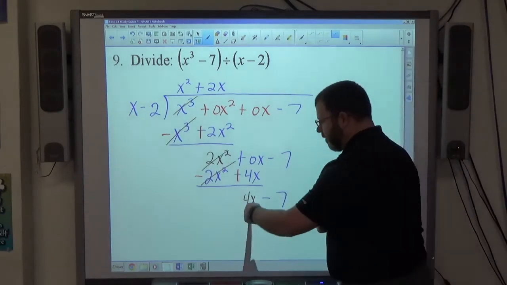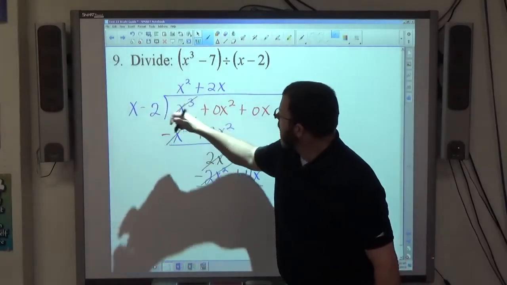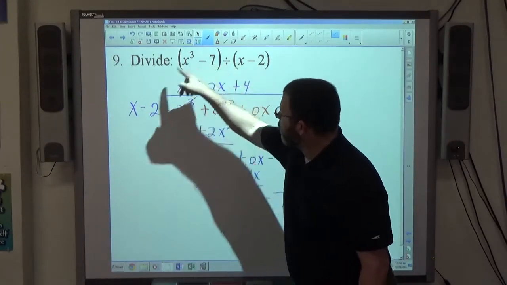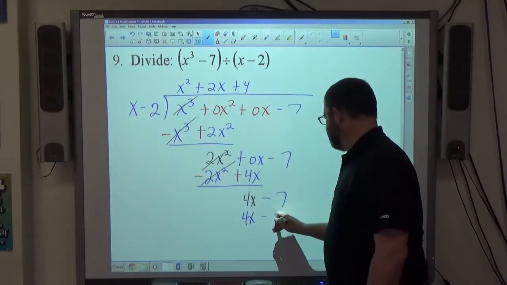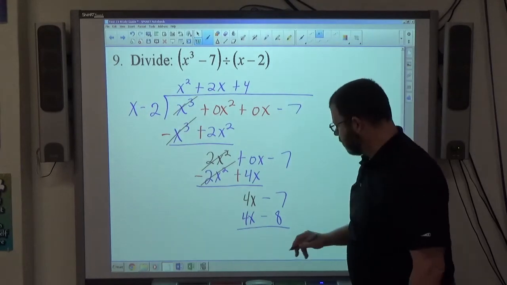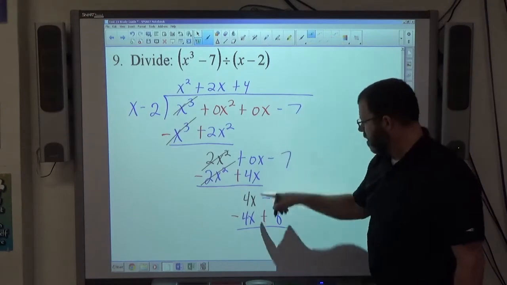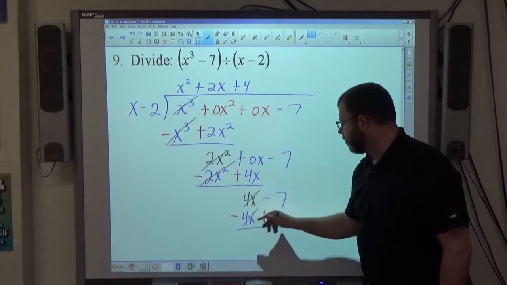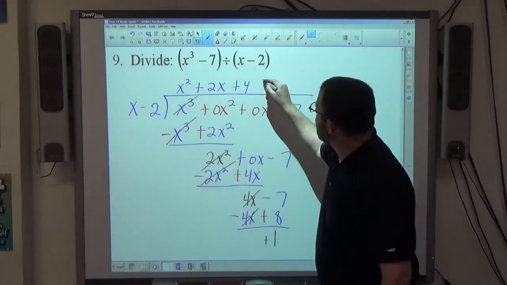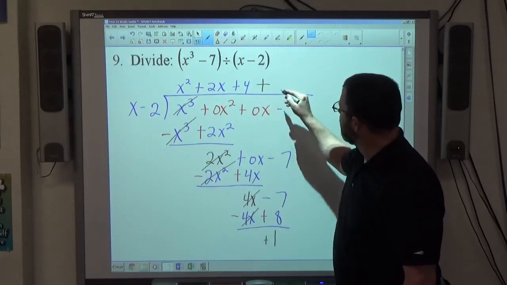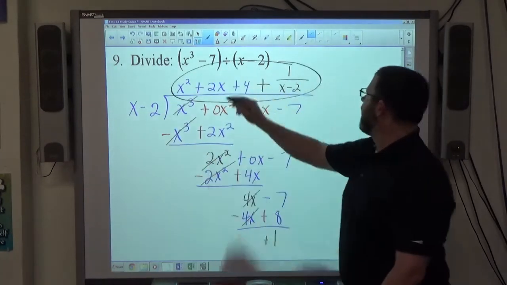Once again, we divide. First divided by first. As long as there's x's down here, we've got to keep dividing. Positive 4x divided by x is positive 4. 4 times x is 4x. 4 times negative 2 is negative 8. Next job is subtraction. Subtraction is changing signs. 4x becomes negative, 8 becomes positive. Positive 4x minus 4x cancels. Negative 7 plus 8 makes positive 1. Since that's a positive 1, I'm going to put a plus sign for the positive. And then I put the remainder 1 over x minus 2, the divisor. And that will be my entire